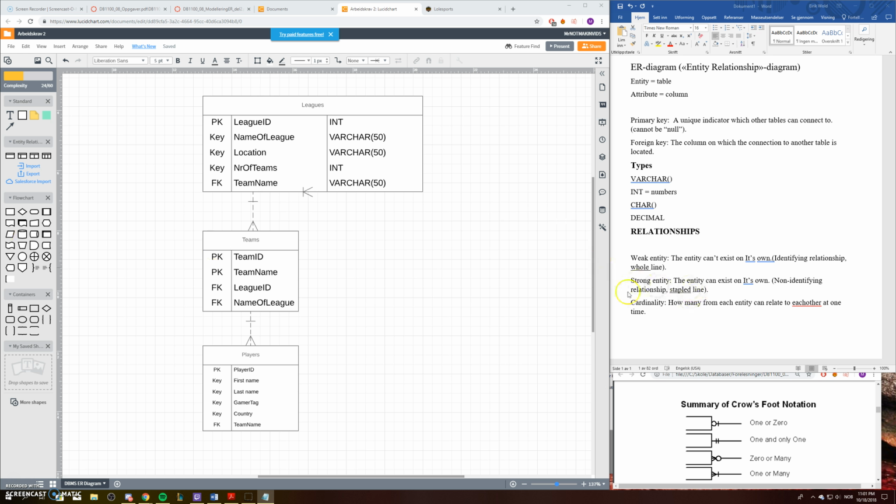Also, the leagues table, leagues entity, the team's entity and players entity are all strong entities, as shown by the stapled line here, which means a non-identifying relationship. So they can all exist on their own. We could make a table with just player names. For example, if they don't have a team, you can just have players,